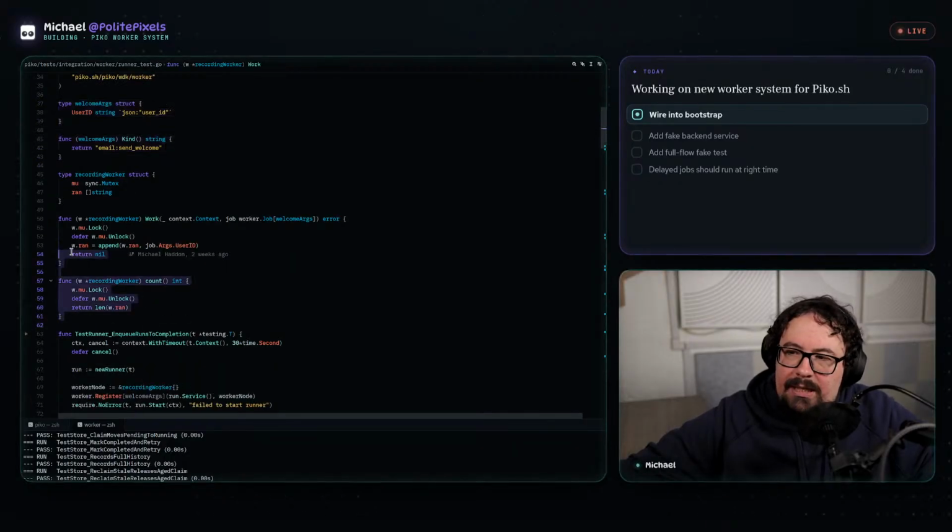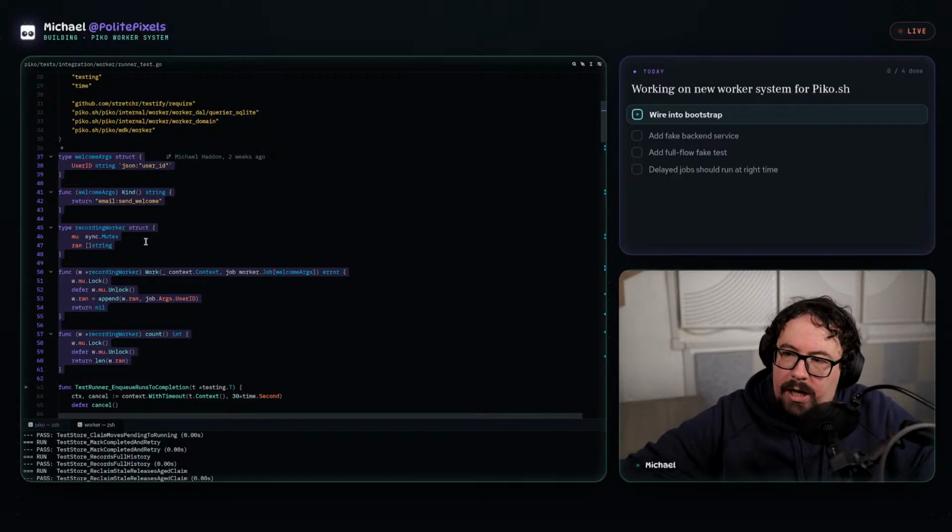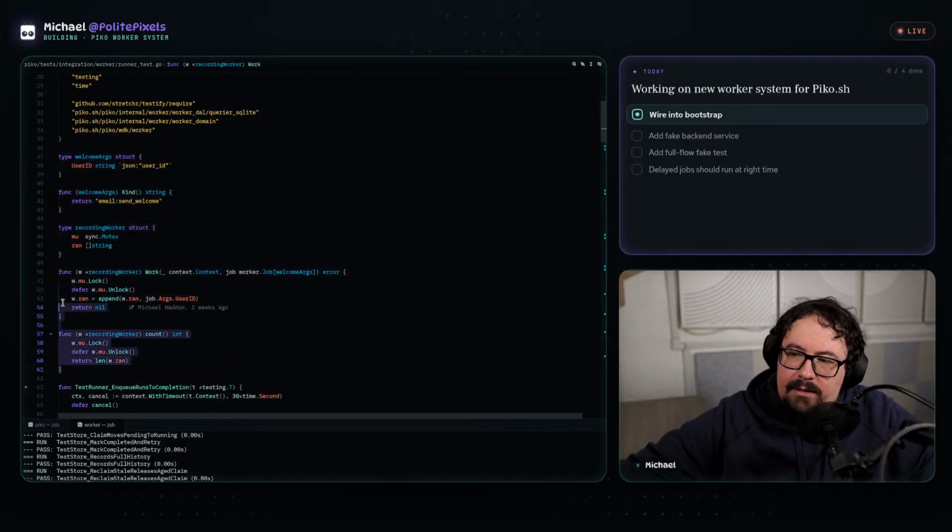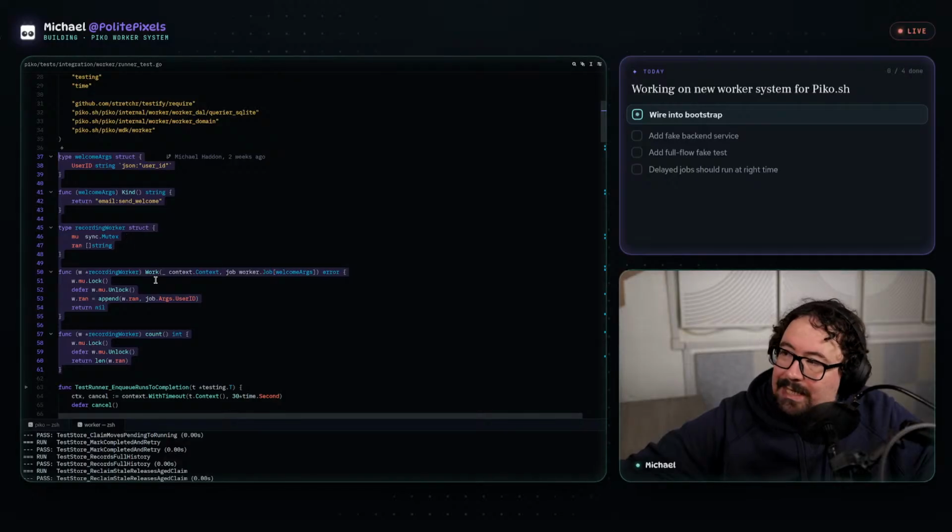And when we've finished wiring everything up, the goal is that this is the structure, what I'm selecting here, that the developer actually writes when they want to create a new worker unit, basically.